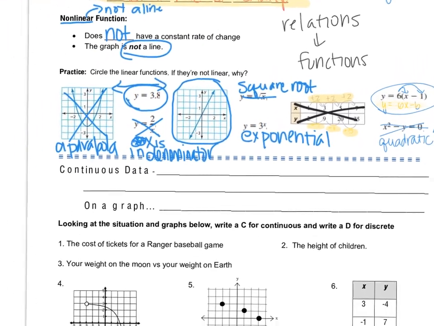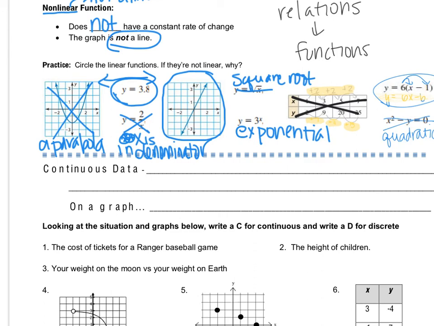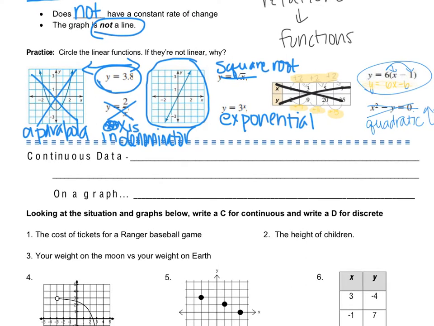So what is continuous data? So remember, discrete was disconnected, and so the numbers in the middle didn't matter. Like if it went from 1 to 2, the 1.5 didn't matter. Like thinking about buying movie tickets. You can't buy half a movie ticket. So continuous data is the opposite of that, and it is data where the numbers